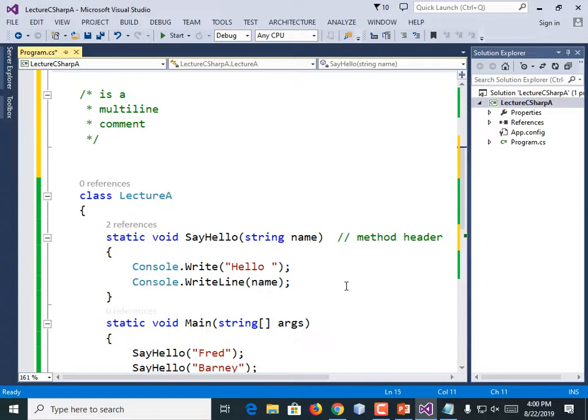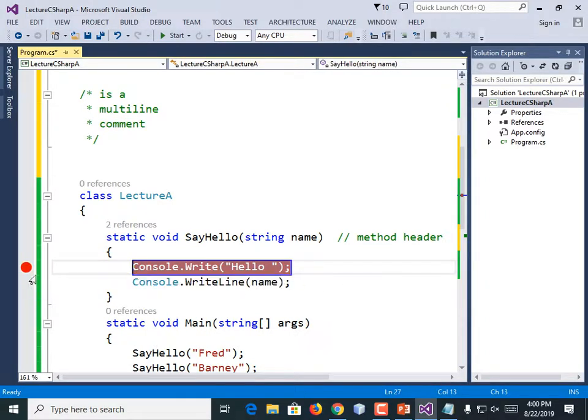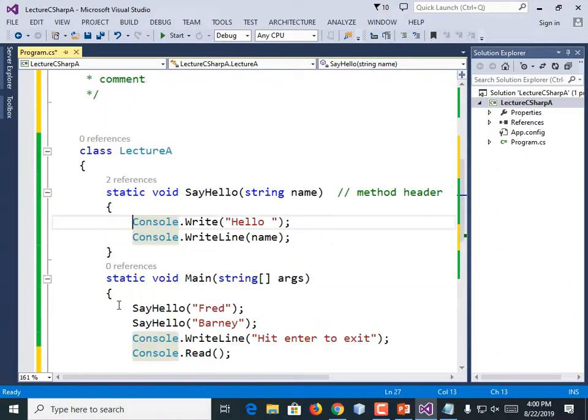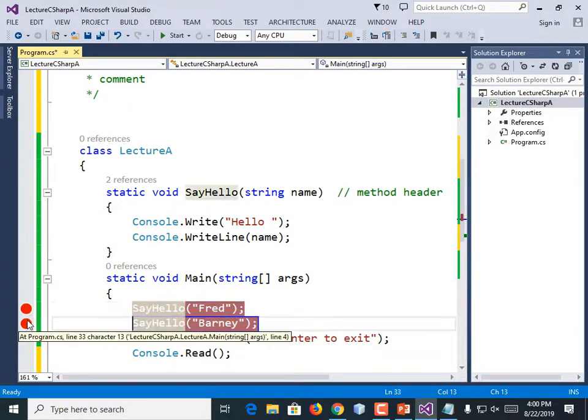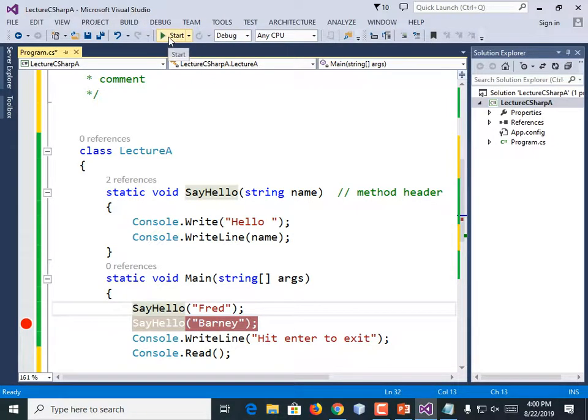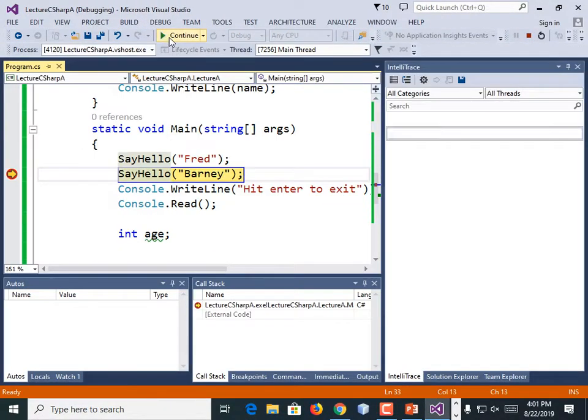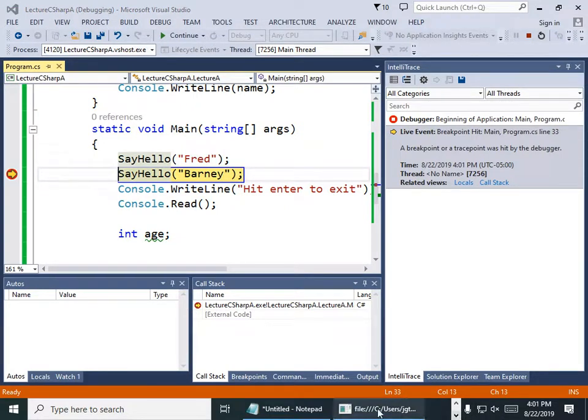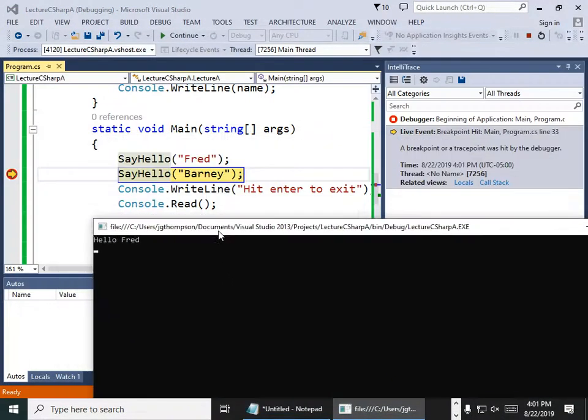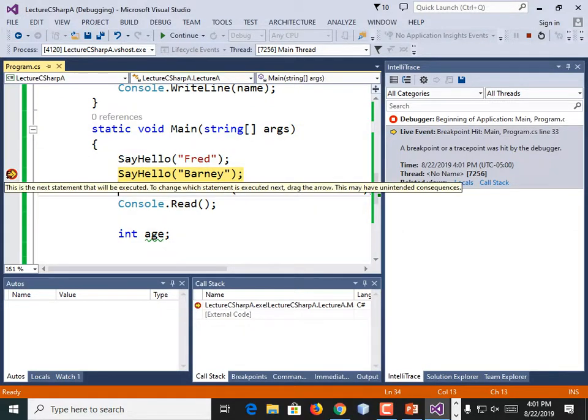A breakpoint looks like this. Come over here and click on that. That means that when the program's running, when it reaches this point, it's going to stop. And so if I start it with debugging, why don't I set the breakpoint on the second line so that we'll see it print hello, but not the name? Or why don't we set the breakpoint on the call for Barney? All right, so when I run it with debugging, it does part of it, right? It printed Hello Fred, but it didn't get to print Hello Barney because it's paused at that point.